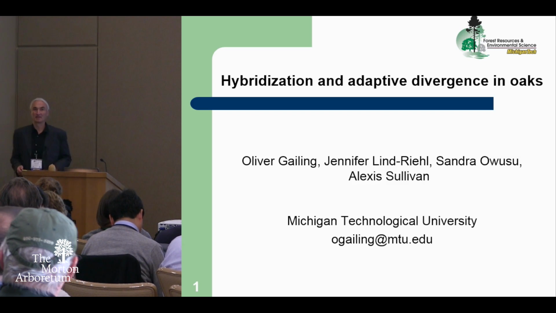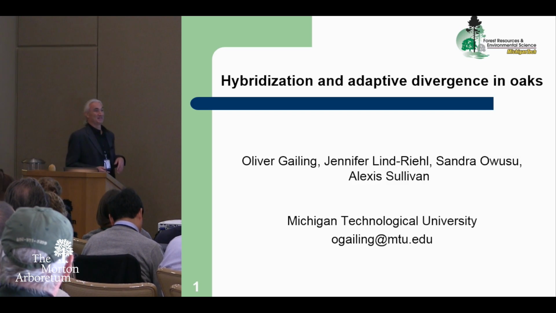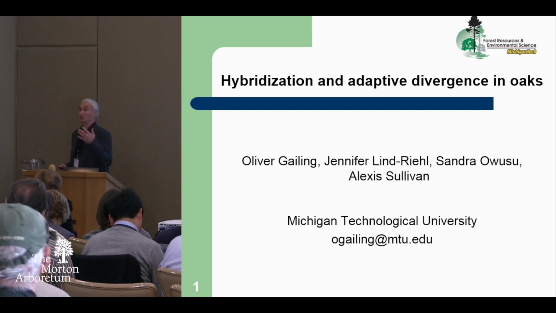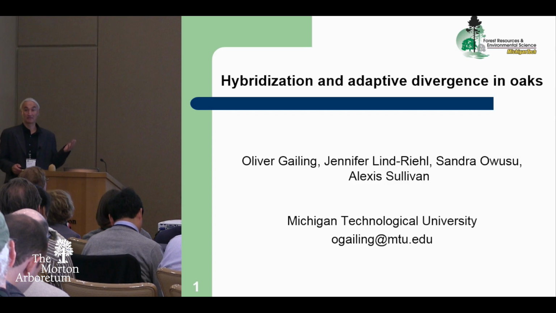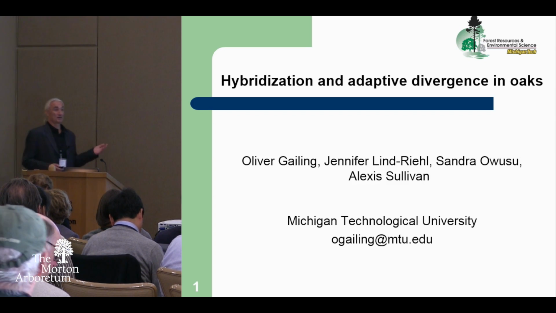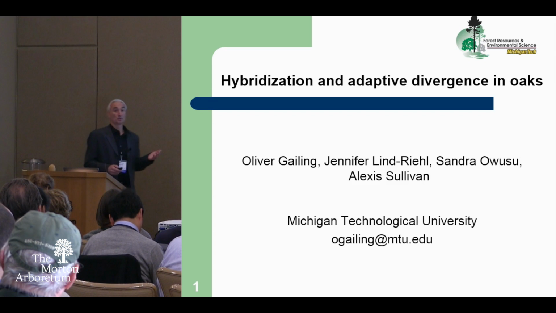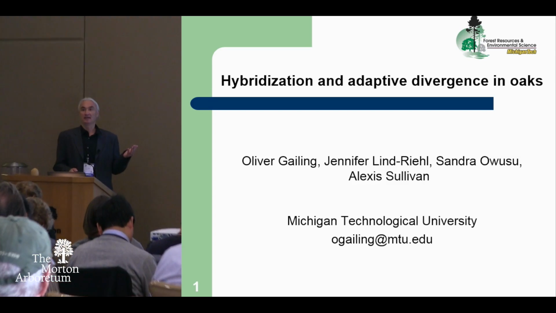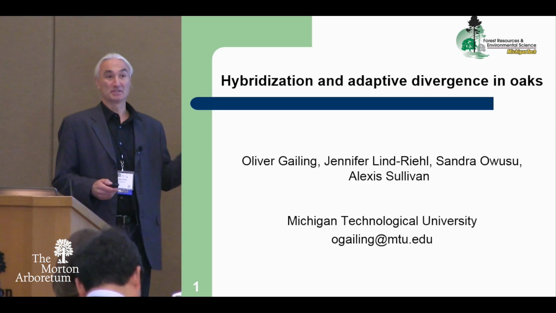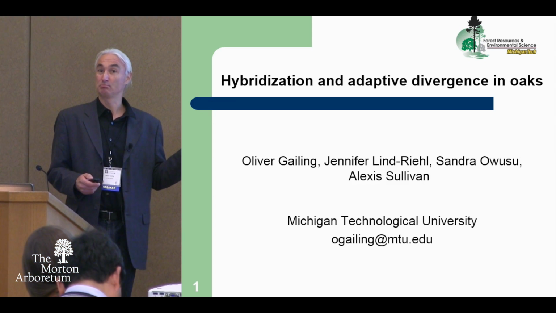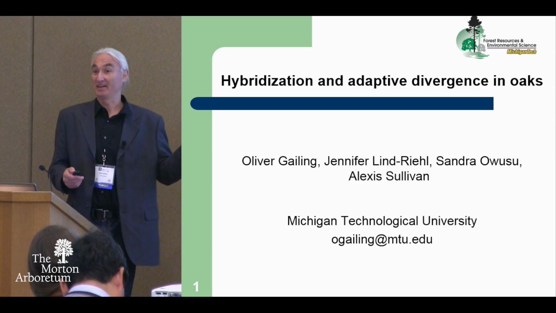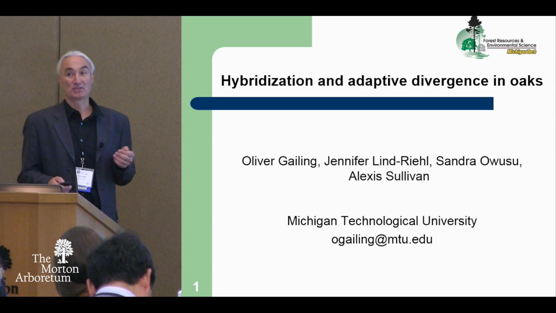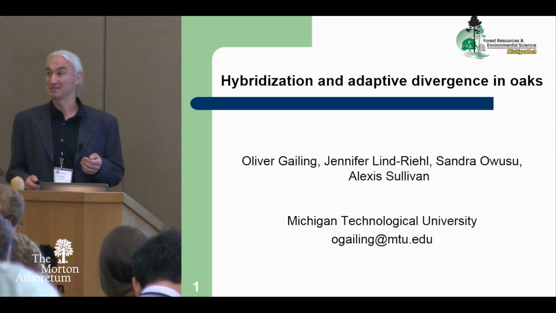So I will be talking about oaks in the upper Midwest today. And we heard about oaks hybridizing quite frequently. So there is apparently a lot of interspecific gene flow where species co-occur, but they are still distinct. And we ask ourselves, how is this possible? There is a lot of gene flow. Why are there so many species in different environments? And my talk tries to address this question